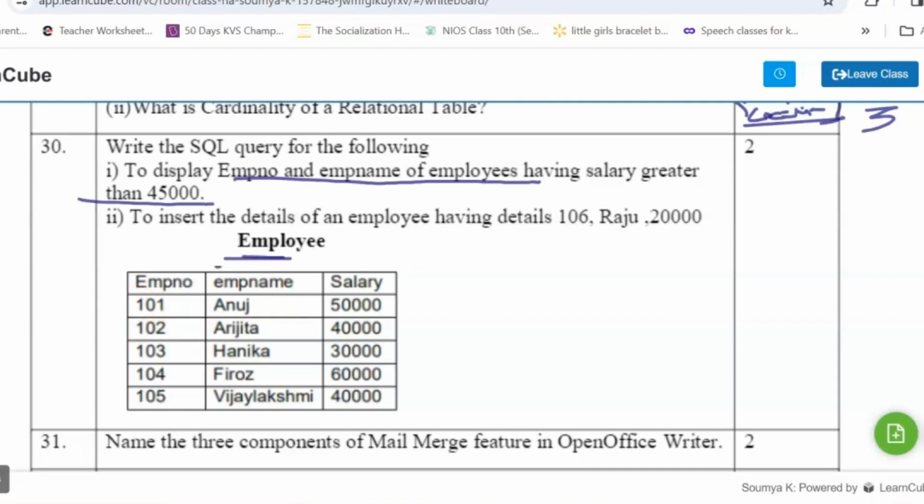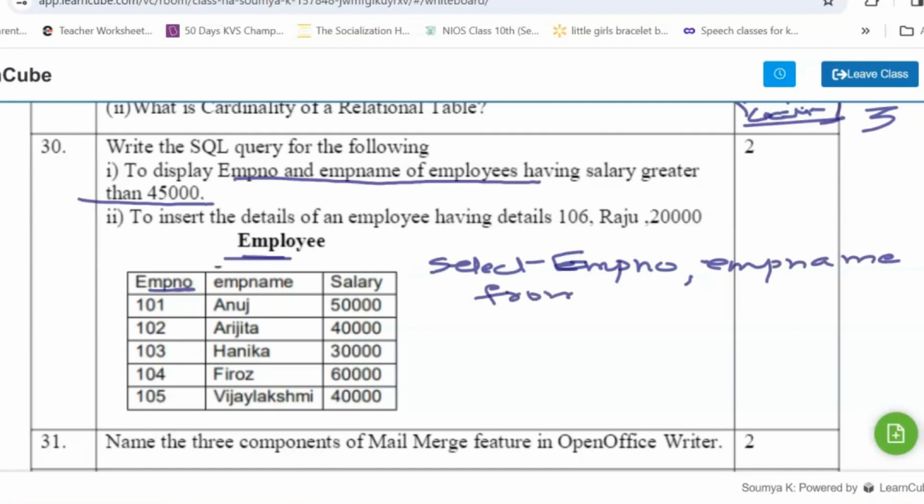The query would be: select, to display employee number, the name of the column that is being used, comma, employee name, so it is EMP, name, from employee, condition is where salary greater than